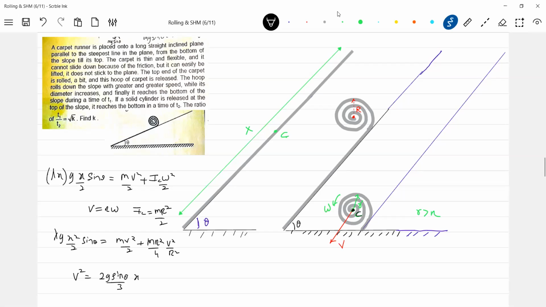Okay, I got this particular thing. X here is the length of the carpet. And next, what we have is g sine theta by 3. That should be the acceleration. So if I compare this, what is the acceleration of the carpet? Acceleration of carpet will be...